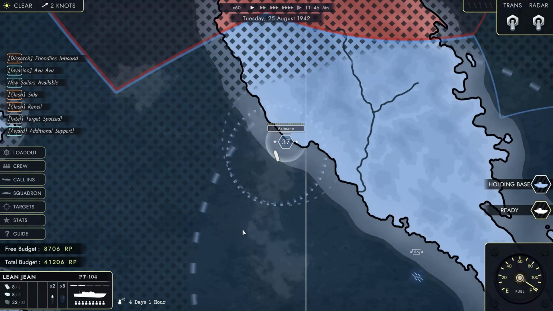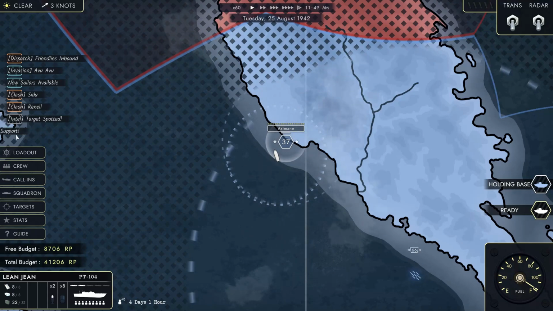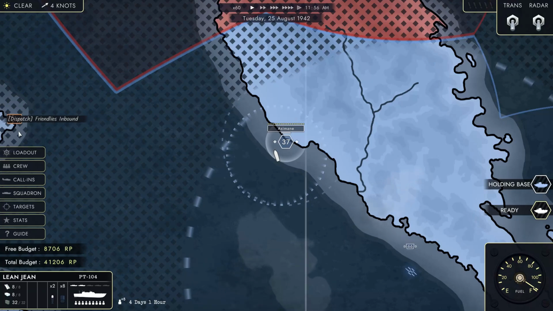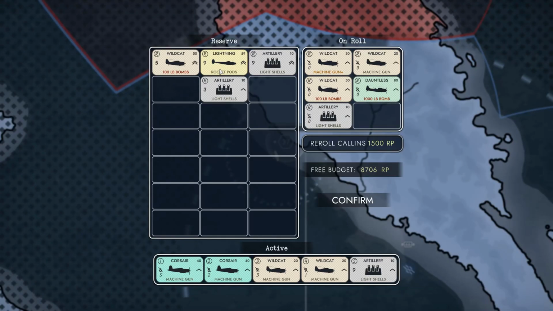With a foothold in the southernmost tip of the Solomons, we decided to head north again, back to Asimane. And it seems that our ballsiness has rewarded us with the P-38 Lightning. Ooh, rocket pods. Very cool. I won't use it just yet, but I will keep it in mind for when we have a difficult fight